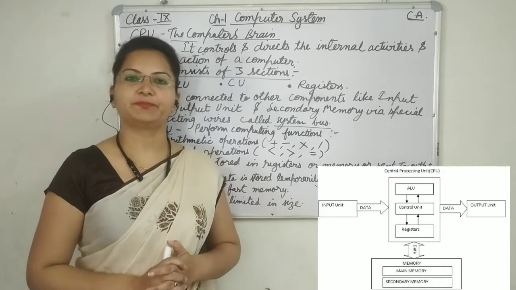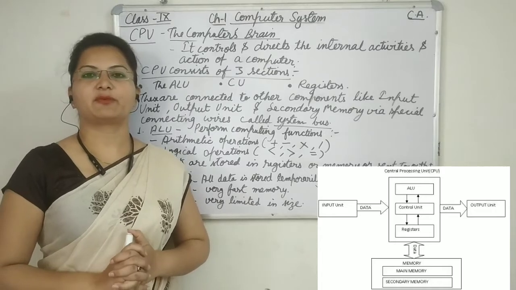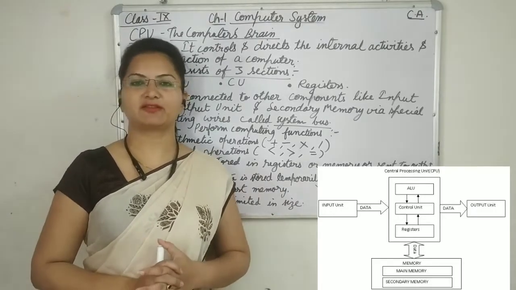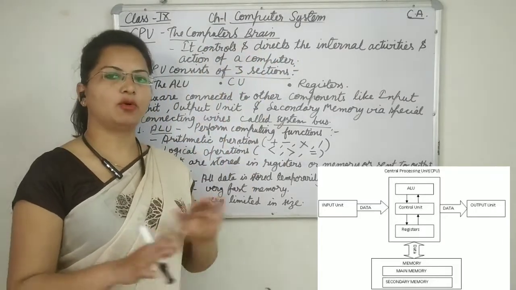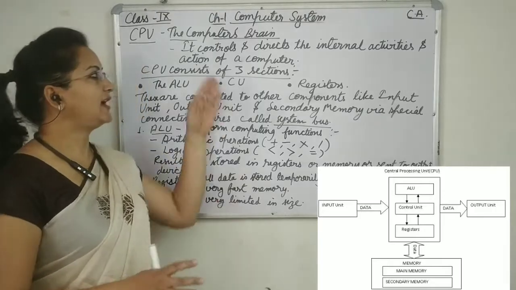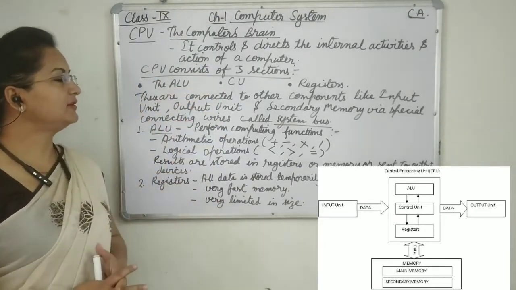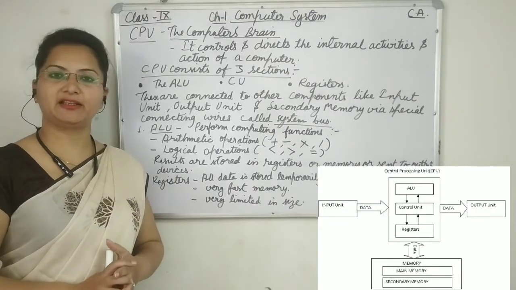The same way here in computers, the CPU is actually the brain of the computer which gives instructions to all the parts of the computer. So it will control and direct all the internal activities and also the actions of the computer. So first of all, we will discuss the various sections of the CPU. The CPU has three sections: ALU, CU and